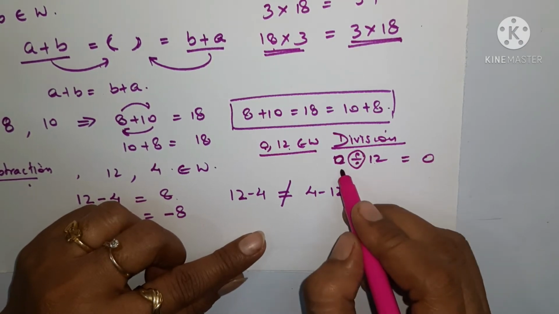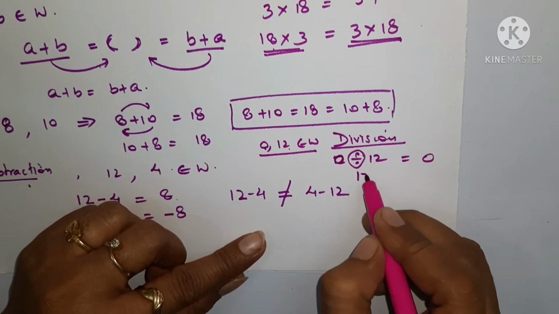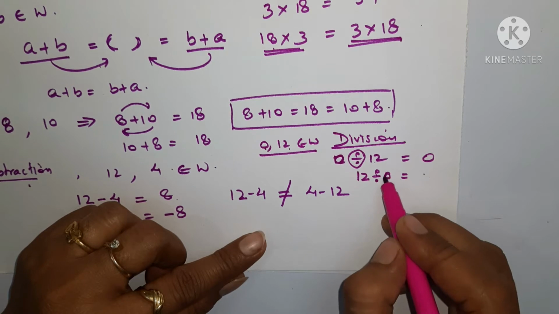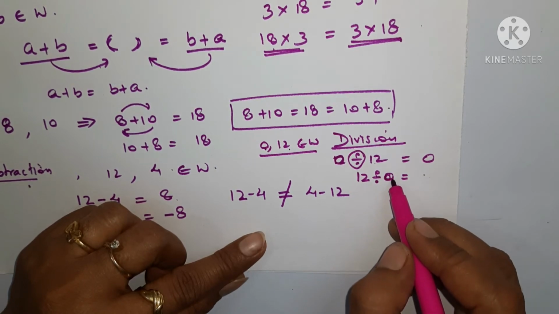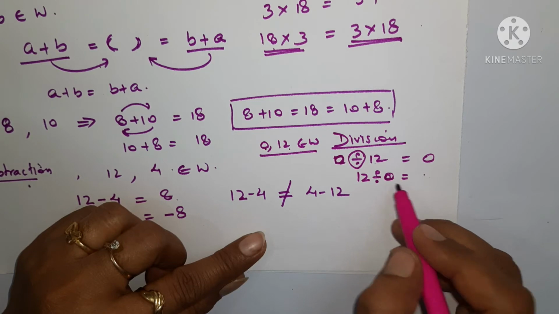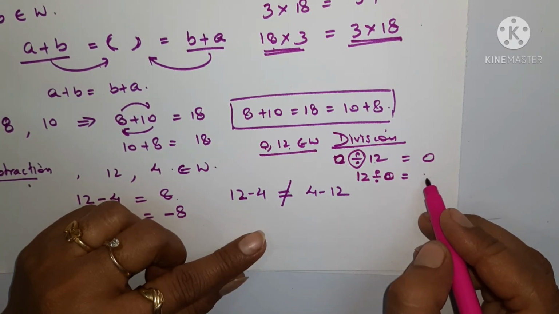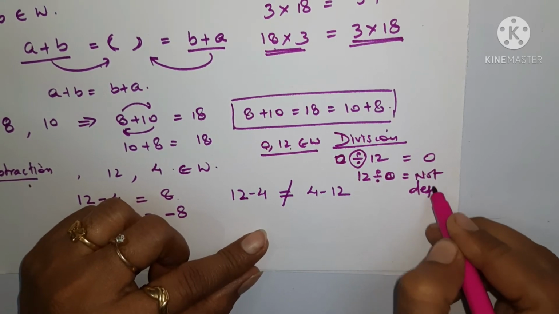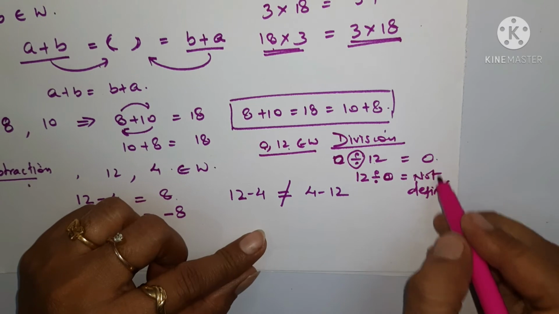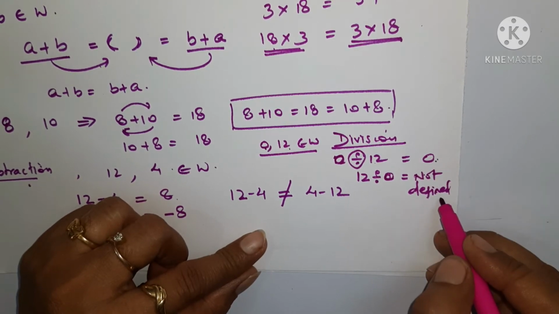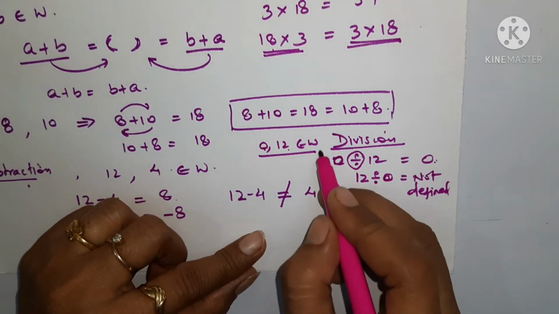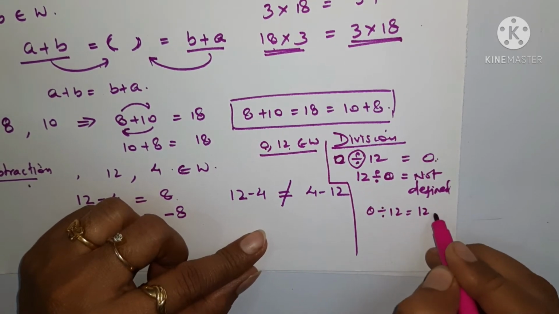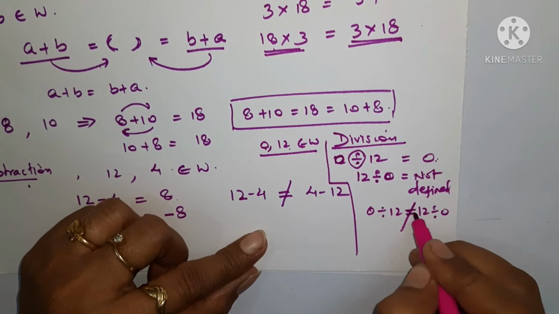But if I interchange the place, इसकी place को हम change करके देखें, 12 divided by 0, क्या हमें 0 मिलेगा? It's not possible. Why? Because when any number is divided by 0, किसी भी number को अगर हम 0 से divide करते हैं तो we don't get any result, we get not defined. It is not at all defined till now. Not defined is our answer. ये दोनों सेम नहीं हैं. इसमें 0 मिल रहा है रिजल्ट, इसमें not defined है. It means we cannot write 0 divided by 12 equal to 12 divided by 0. It's not possible. This is not equal.